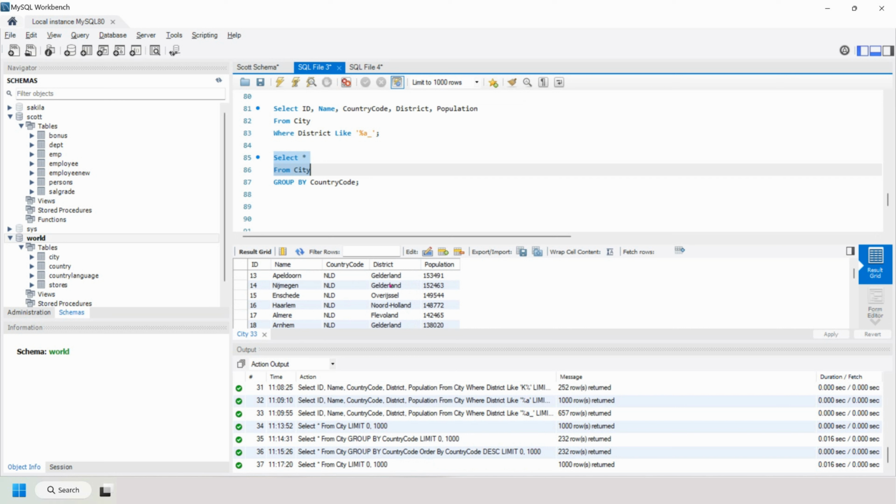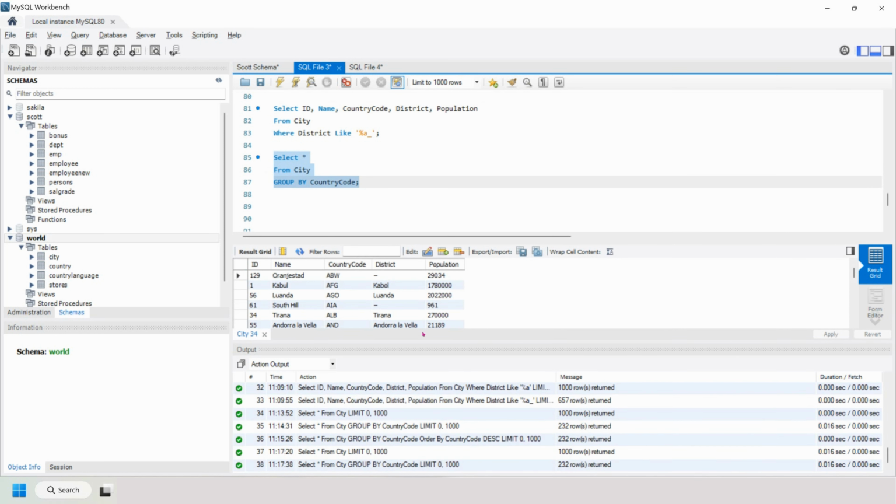in whichever order they are stored in the database. But you want to group it by the country code. So what will happen if we write group by and the country code column? It will group all the records having the same country code together. You see here, starting with A, all are together, then B, C, and so on up to Z. The group by clause orders the records by default in ascending order. So you see here it starts with A and then B,